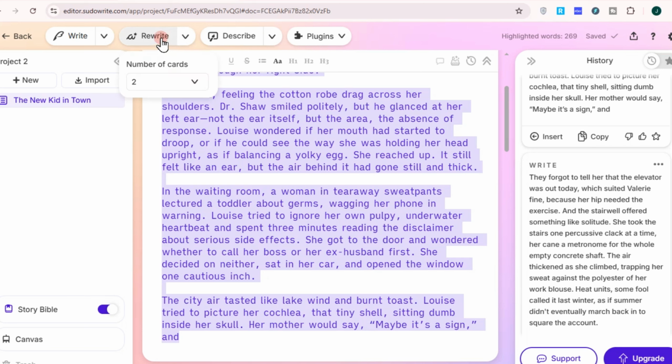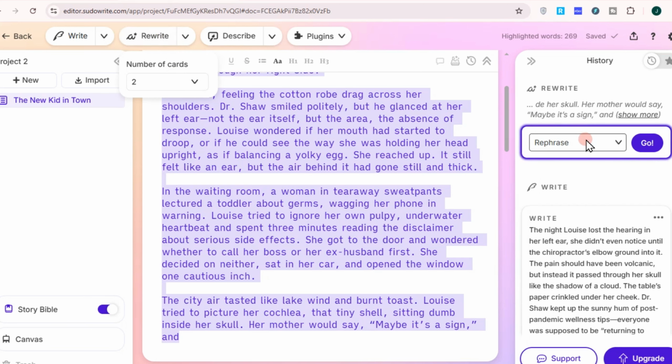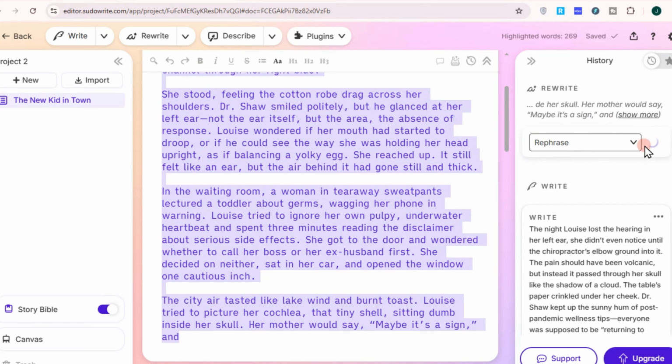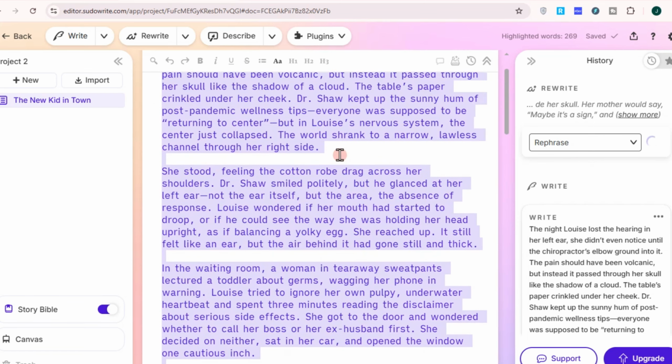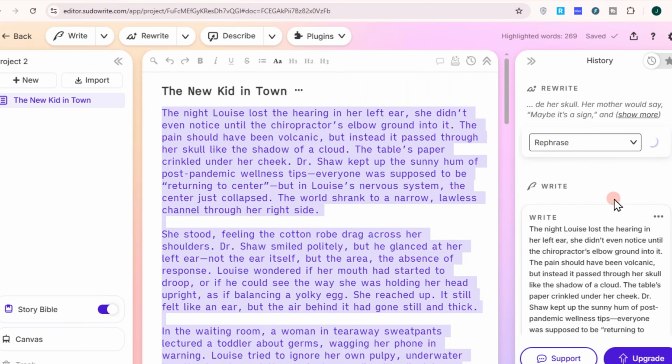So for example, I'm going to rewrite this. Let's just say I'm not satisfied with this one and want to rewrite this paragraph or this opening. So I'll rewrite this first opening. Okay, so basically that's it. Now